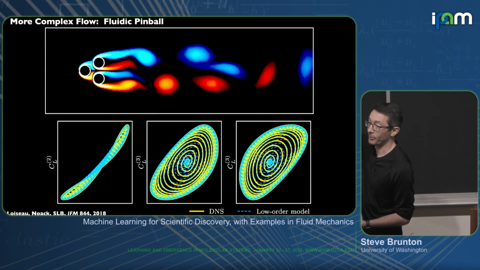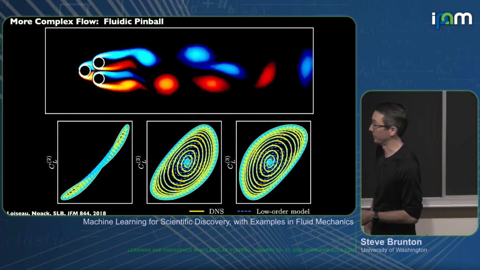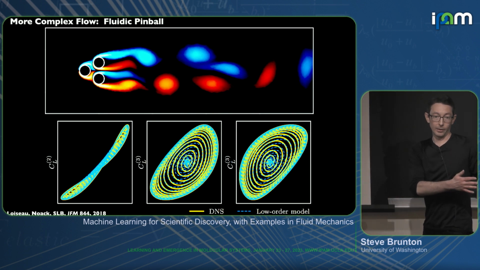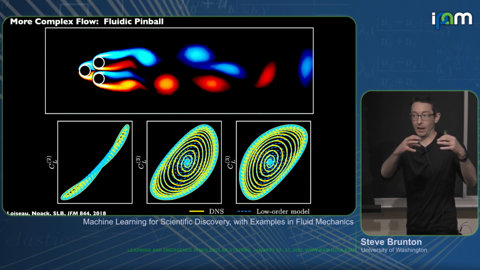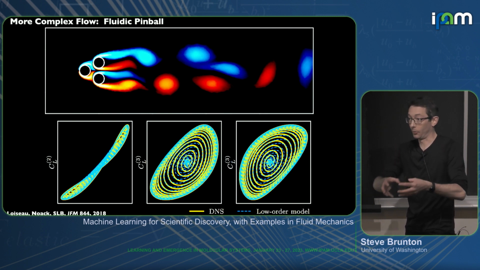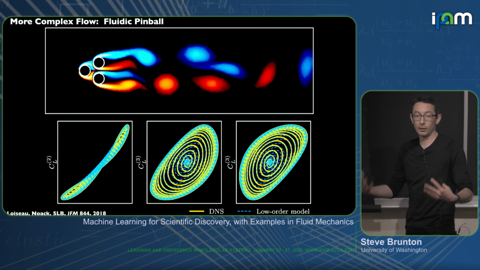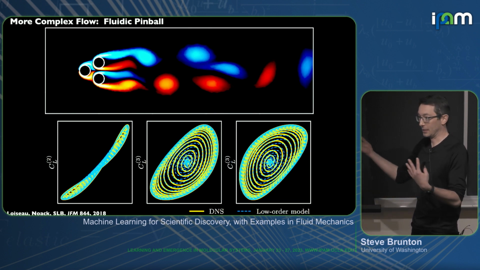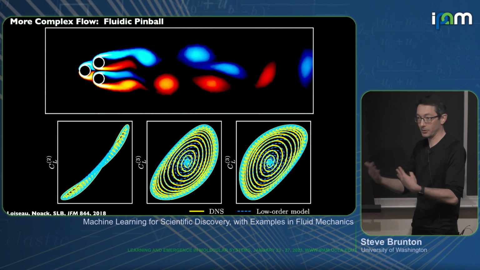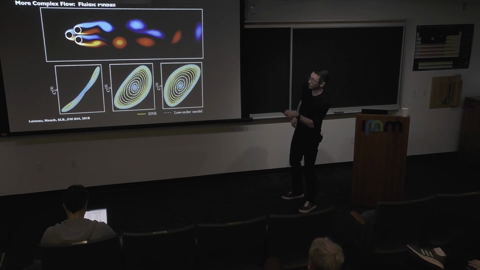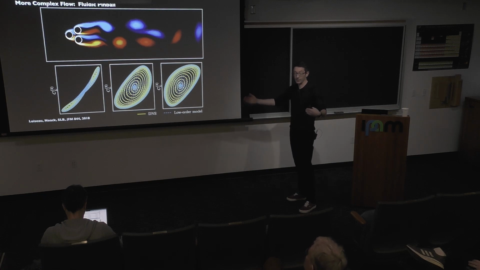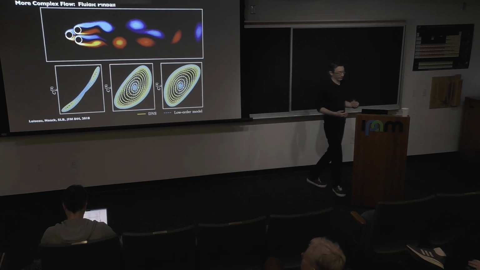So this solves a lot of problems we have in fluids. I'm not going to bore you with the details, but in the old way of working, where we compute a singular value decomposition for our basis, if I deform my wing or I change my flow velocity or I move my immersed body, all of that breaks my POD, my SVD modes. These modes don't mean the same thing when I move my geometry. But when I build models in lift and drag, those variables always mean the same thing. They're intrinsic coordinates in a sense. And so I can build those models across parameters and actually have them talk to each other. So it's a big deal for us in control.